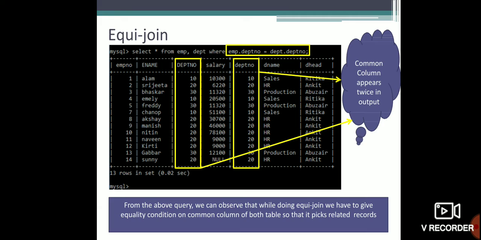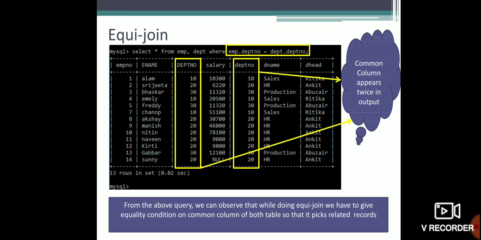If this condition is satisfied, then only I will be able to join my two tables. If employee dot department number equal to department dot department number is not supported, or it is not common, then it will not be able to join. Okay, see, when I apply this query, I will get the following output.